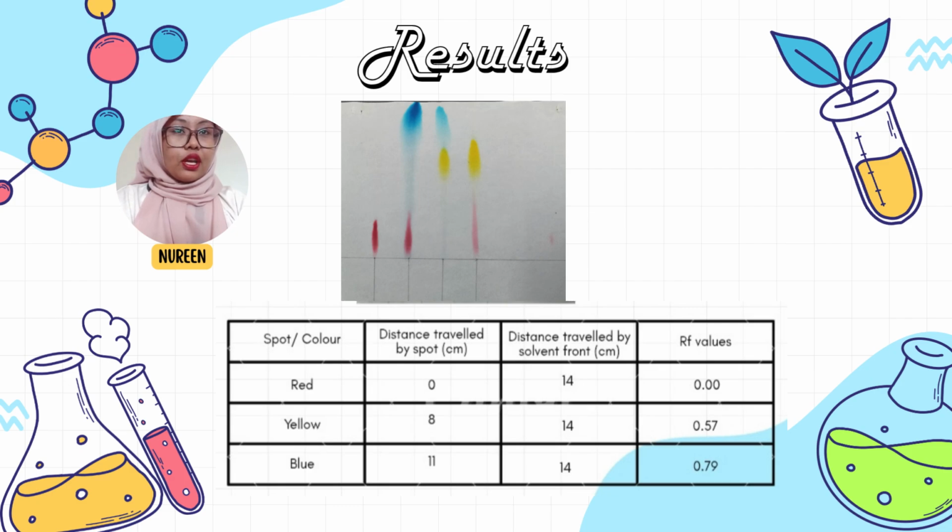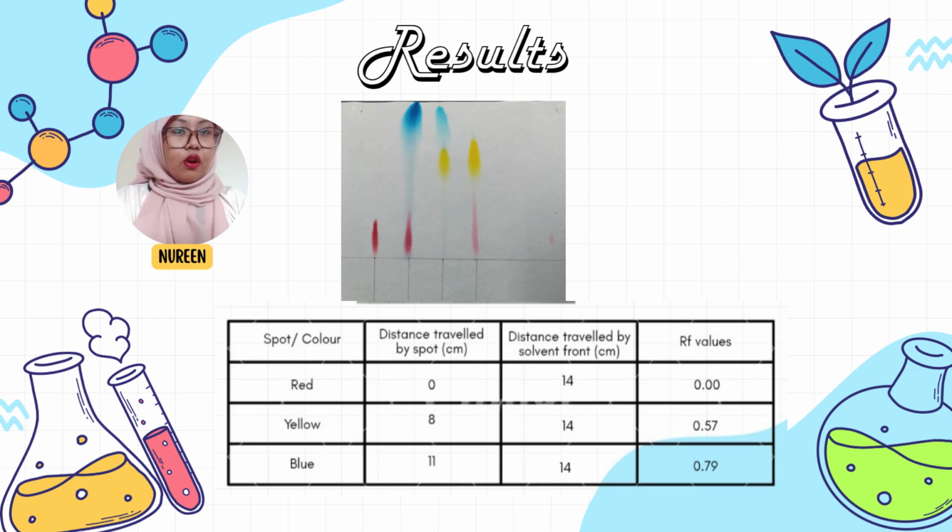For the yellow spot, the dye traveled 8 centimeters, resulting in an RF value of 0.57. This shows that the yellow dye had a moderate interaction with both the solvent and the paper. Lastly, the blue spot traveled the furthest distance, which was 11 centimeters, and produced the highest RF value of 0.79. This suggests that the blue dye had a stronger affinity toward the mobile phase and therefore moved more easily